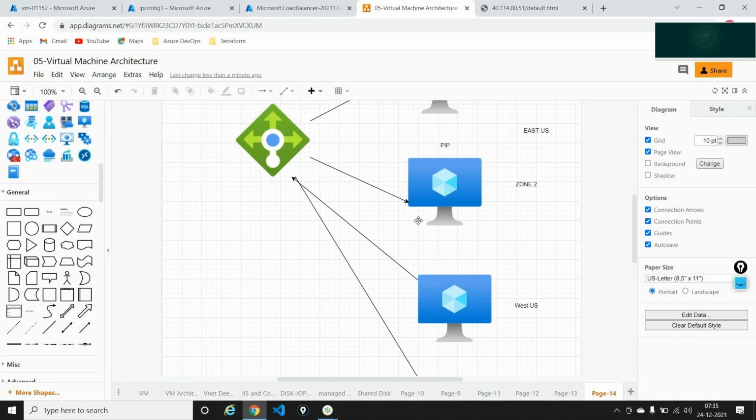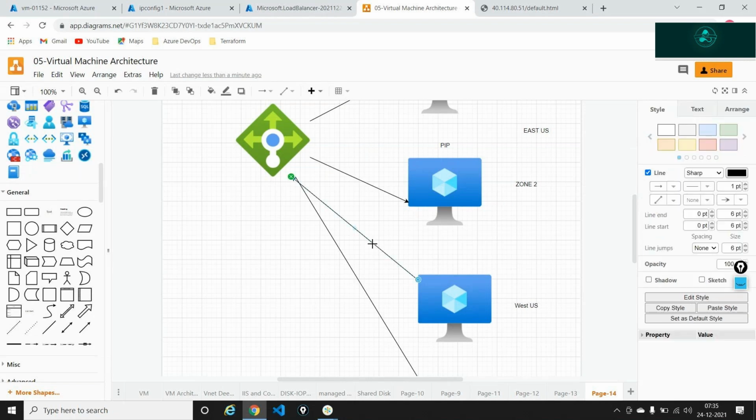No, it is not possible. That's what I'm coming to. If you want to manage the traffic, the load balancer is a regional device in nature. You cannot have a load balancer sitting in East US and virtual machines sitting in West US. You cannot do that. For which I need to create another load balancer